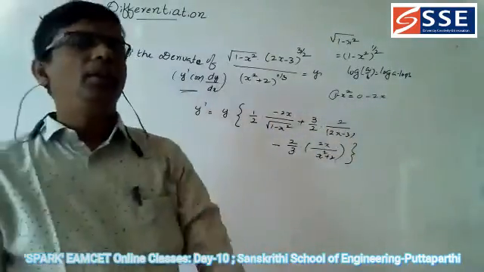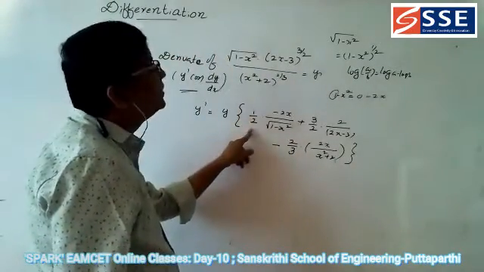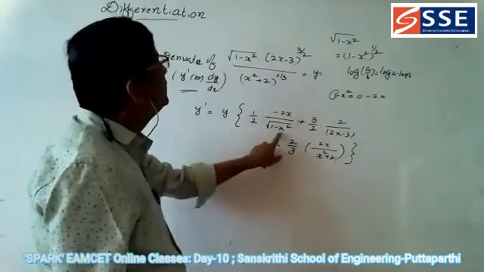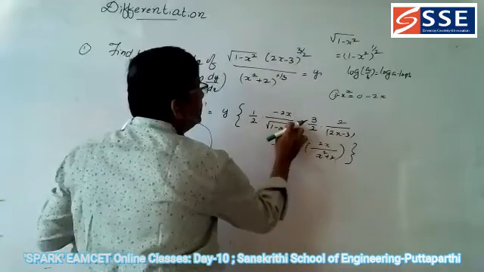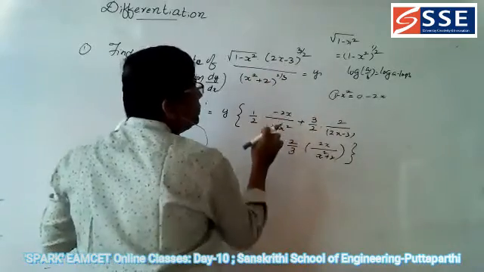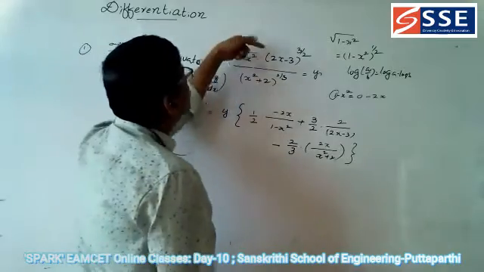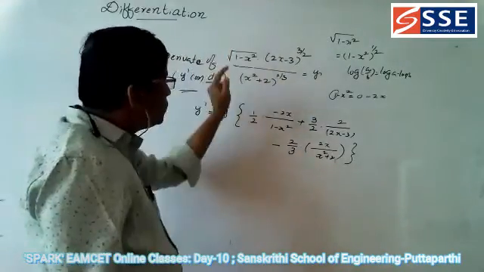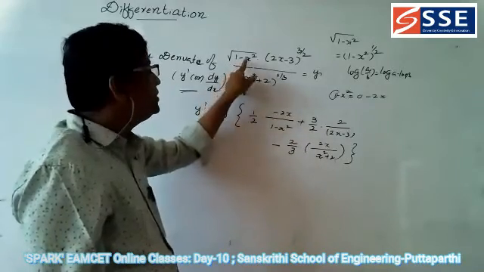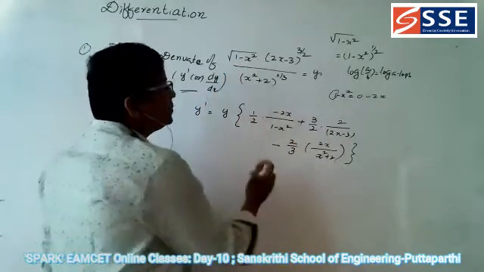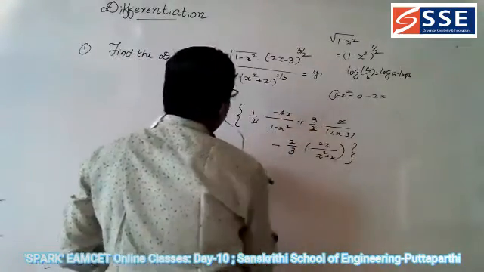Even if it is a typical problem, you can come to know that you write down the power in front and write this as a denominator, and write this one as what? Sorry, not root here. You just take out root. Why? Because the root we already took. So 1 minus x square, because I am writing 1 minus x square whole power 1 by 2. So 1 by 2 into, write this term as denominator and the differentiation of this, which is equal to minus 2. After that, you are going to cancel the terms, and then automatically write the answer.